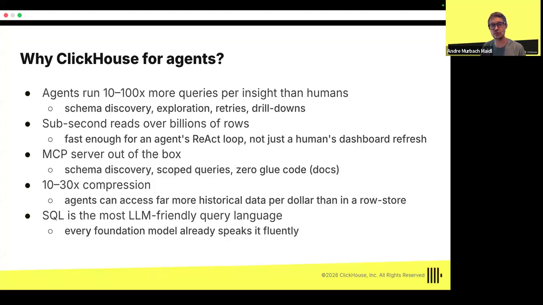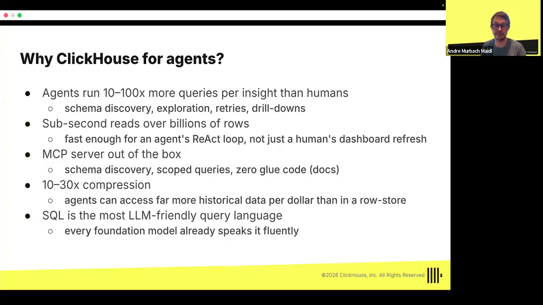And since agents run a lot of queries on the database system to really get the answer that you want, you need a database system that can handle running a lot of queries and going back and forth with the agent so it can generate the answer that you want the agent to provide.